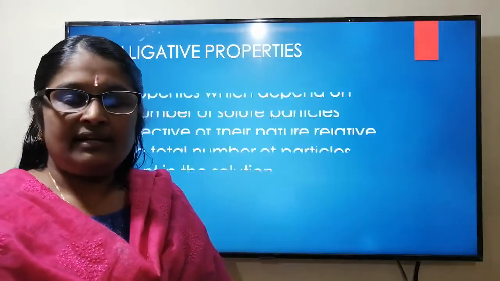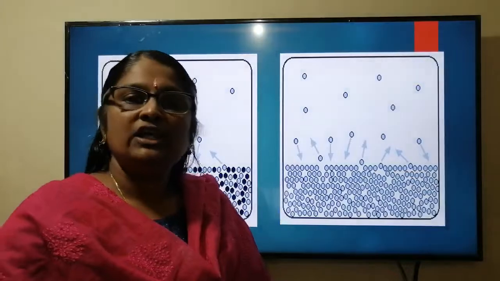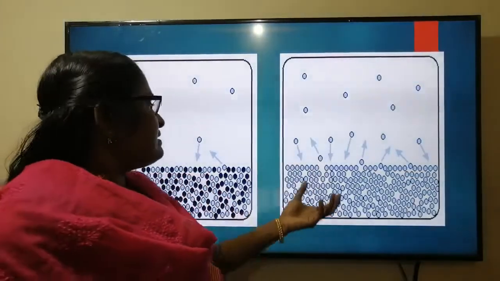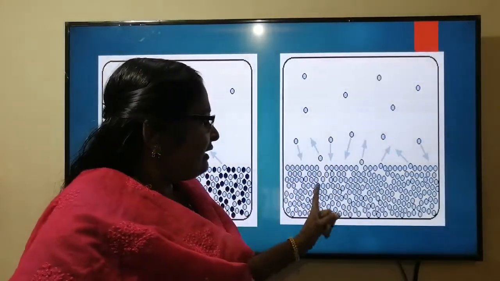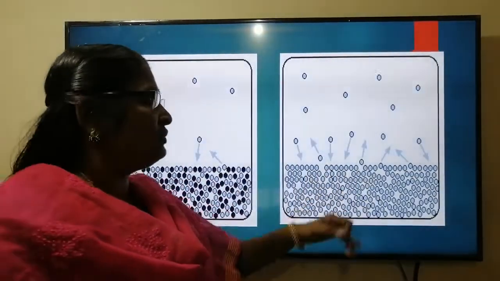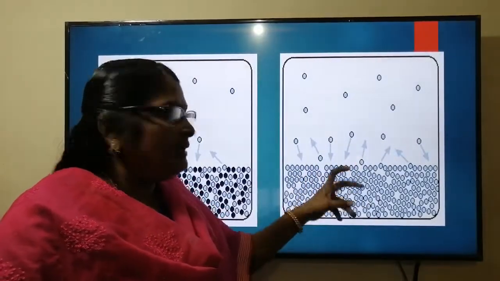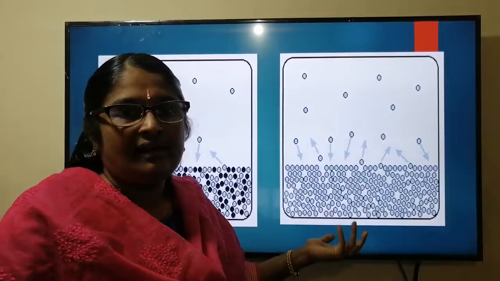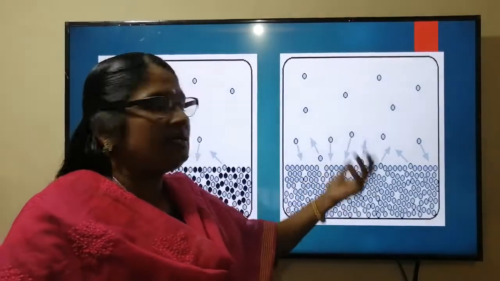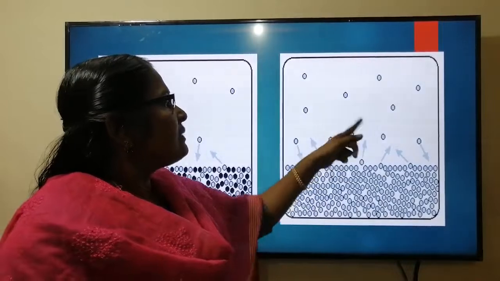Before I give you an example, let me say what is meant by colligative property. This is a container containing, suppose, pure water molecules. It's a pure solvent, H2O. So these all are H2O molecules. If we are keeping it in a container, definitely evaporation is there. At every temperature, the particles will evaporate.